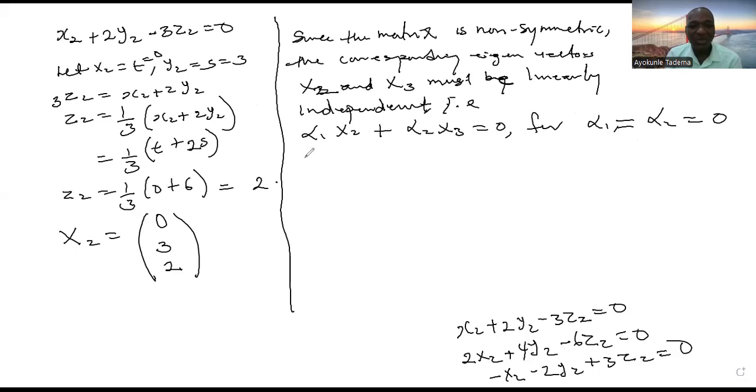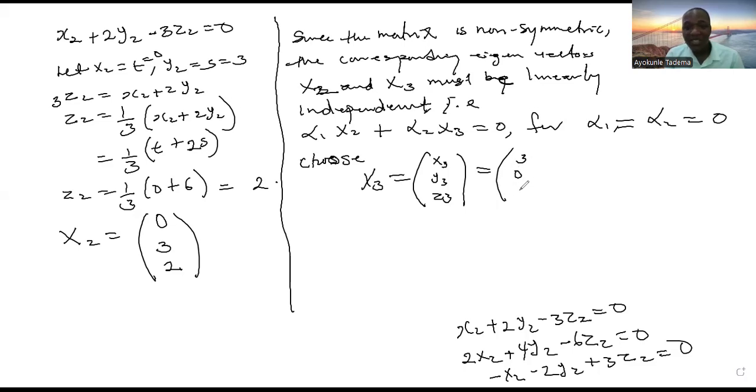Now, can you do this? You can just use trial and error. You can just choose and form the x3. X3 now equals, you can just choose your x3, this one should be x3, this is y3, and this is z3. You can just choose arbitrarily: this one equals 3, and this equals 0, and this equals any value, probably 1. Okay? That is your